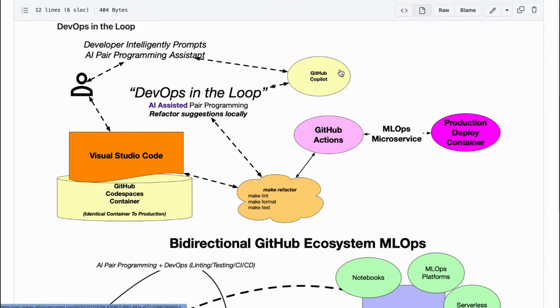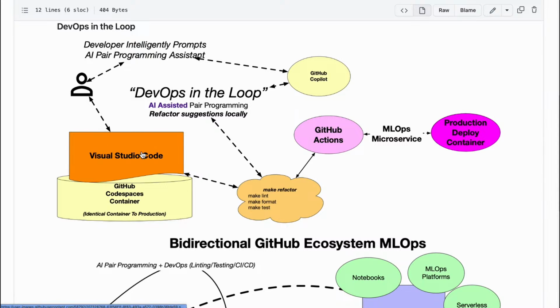You get the new generation of tools, which I believe will be prevalent in 2023, plus you want to actually use the traditional software development tools, and you want to do this all within a reproducible environment. And so this is what a Codespace does. It allows you to have a reproducible environment. AWS Cloud9 is very similar.